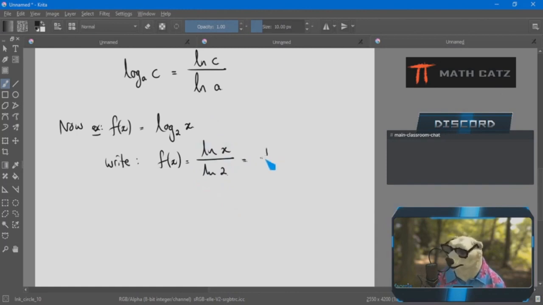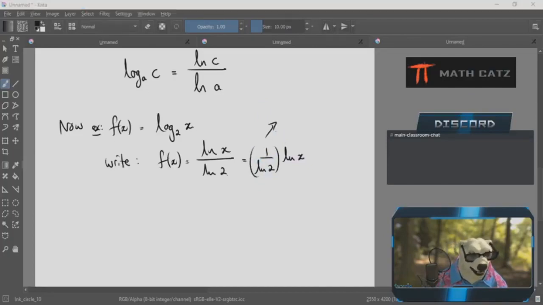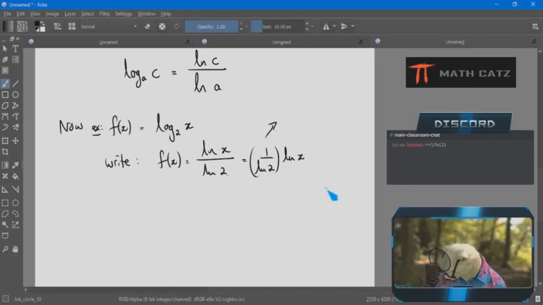But notice what this is. The log of 2 is just a number. So what I have here is some number, let's calculate it, times natural log of x. Let's calculate it. 1 over ln of 2, come on, MathBot, 1.44. Yes, it continues forever, which is why I don't write the decimal number. I leave it in its exact form. But